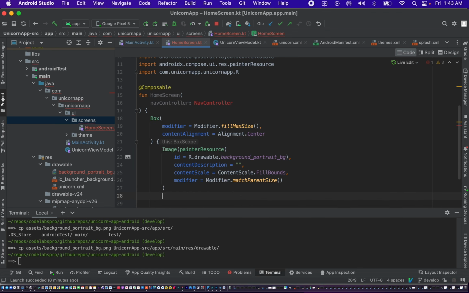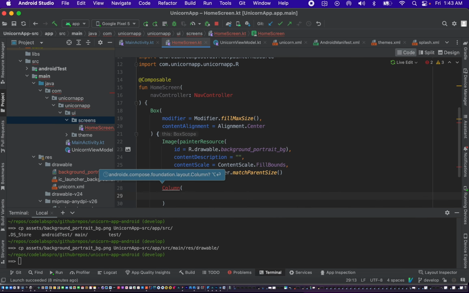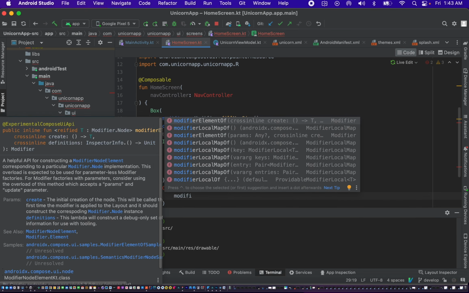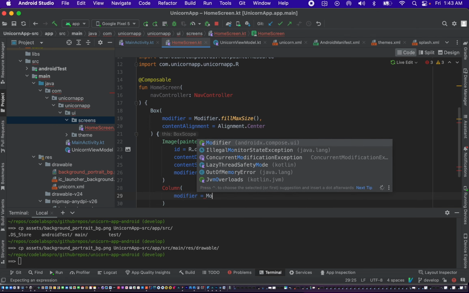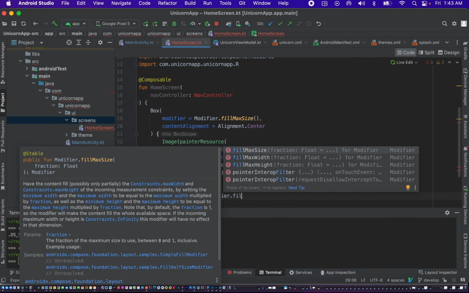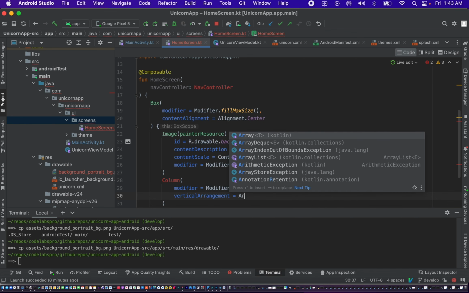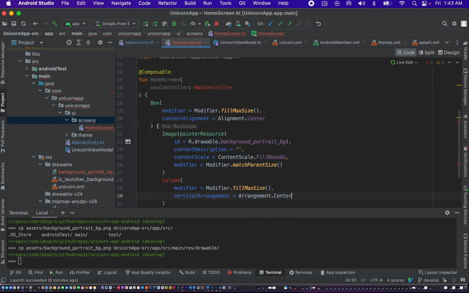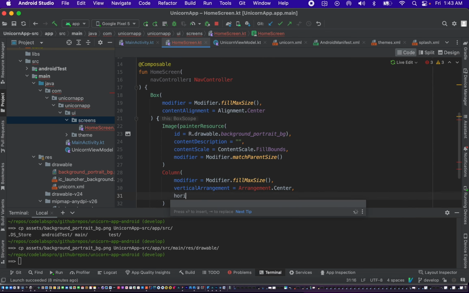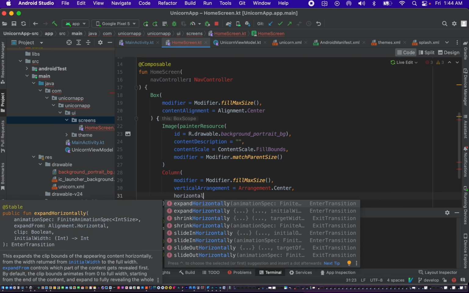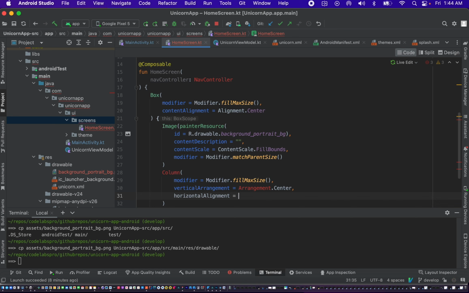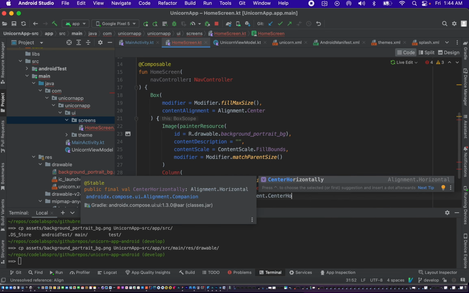Actually, under the image we can have a column and add some attributes to the column, such as modifier, set it to fill max size, set the vertical arrangement on the column to arrangement dot center, set the horizontal alignment to alignment dot center horizontally,